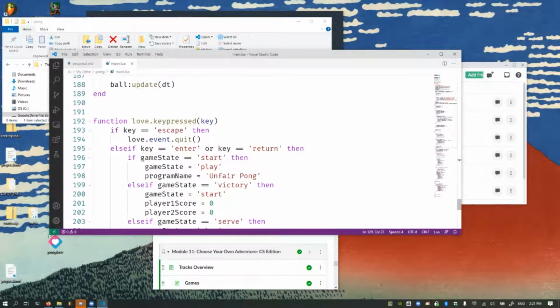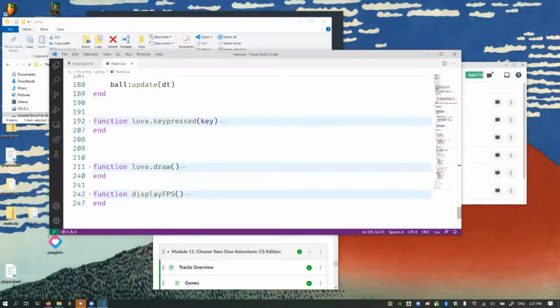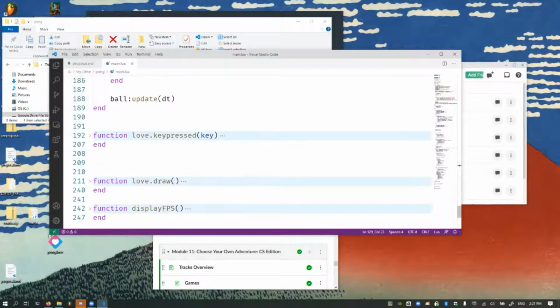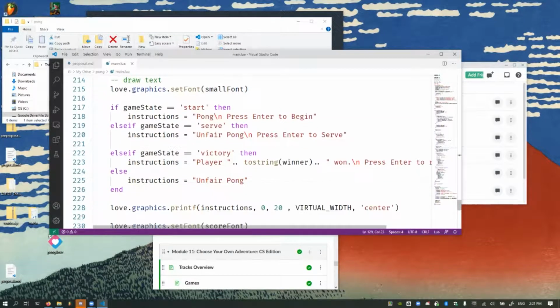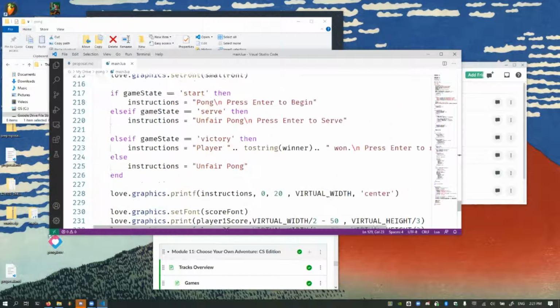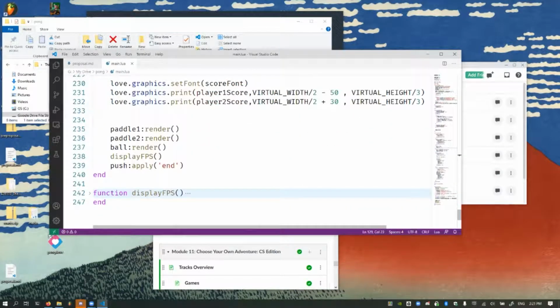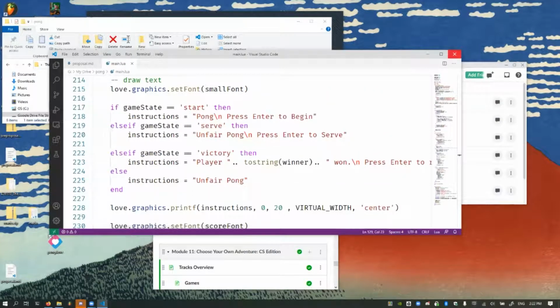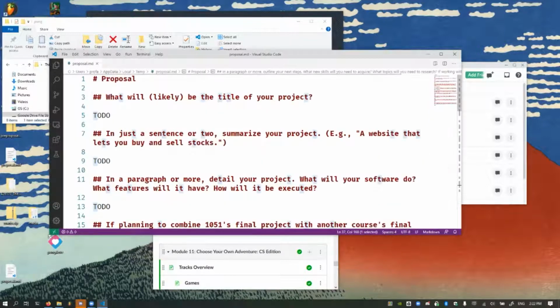Key press just simply checks that the key has been pressed once, like hitting escape to quit. So anyway, we had the update, which updates the internal state of the game, and draw just simply says, here, can you please draw what's on the board? So basically you do those three functions. We make other files. I'm not going to go into them because the videos do a good job of that.